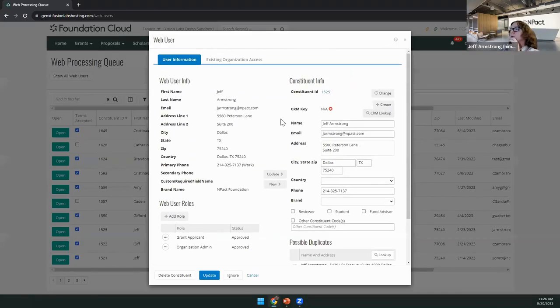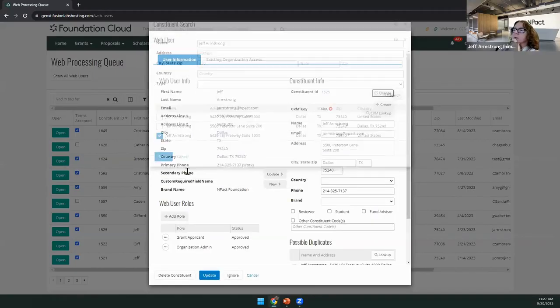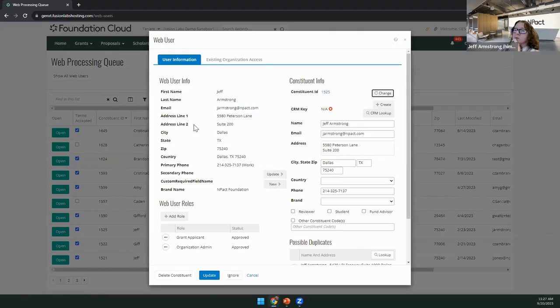What I really want to show you here on this screen, though, is constituent data health. You can tell this is linked to a constituent in FCG. This might have been a newly created constituent, and in fact, I think it was. If you know there's already a Jeff Armstrong record in here, then you can go change this and search for another J. Armstrong record. It found several in here, and I can say, no, this is the one we need. Essentially, it'll take this web applicant information, this web user information, and move it over to a new